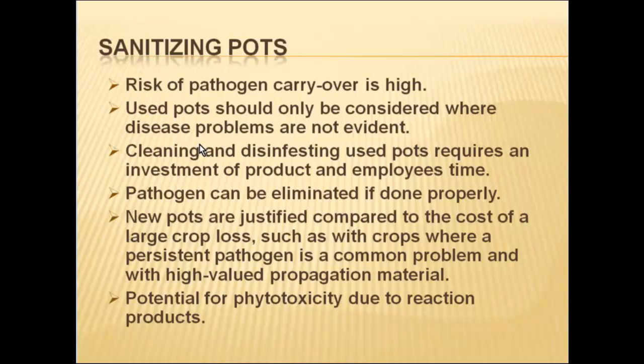Relative to sanitizing pots, similar as far as surfaces and pots, there's options, and you've got to decide what you're willing to do, because each one of those options increases the cost. If you're reusing pots, there's definitely a risk of carryover of pathogens with that pot. If you're dealing with a crop that you literally have no disease problems in, well, reusing the pots